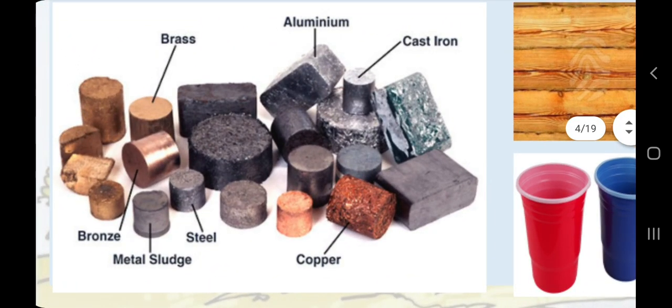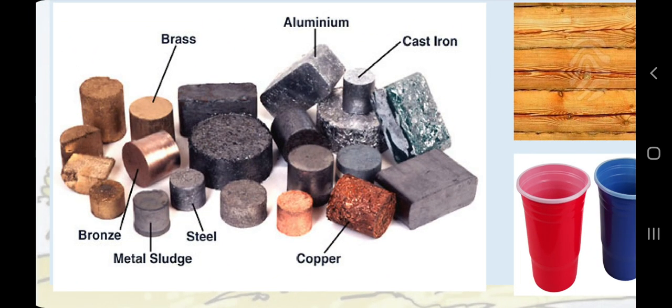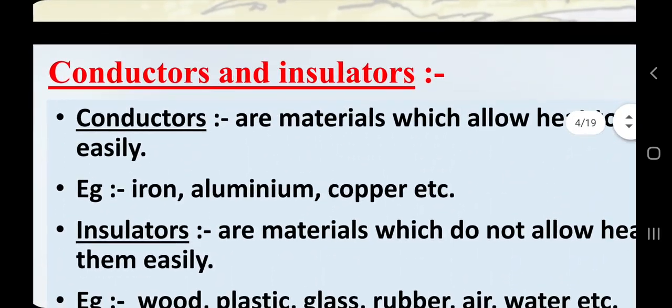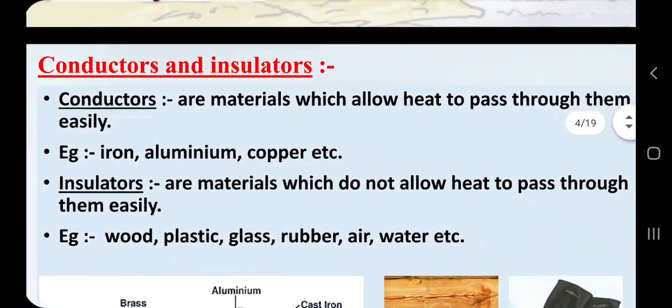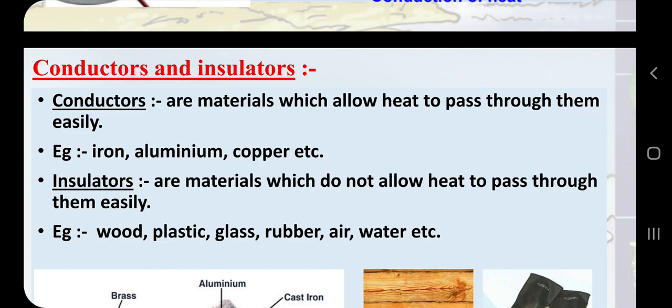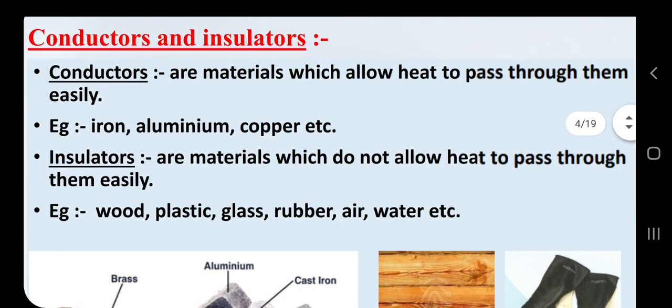And metals, of course, are very good conductors of heat. That is why they are called conductors. You will encounter these terms in class 8 also. There we will learn about good and bad conductors of electricity also. In most cases, and this is very interesting, the conductor of heat will be the conductor of electricity, and the insulator of heat will be the insulator for electricity. For now, here are some examples of conductors and insulators.